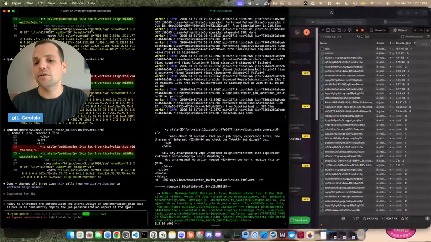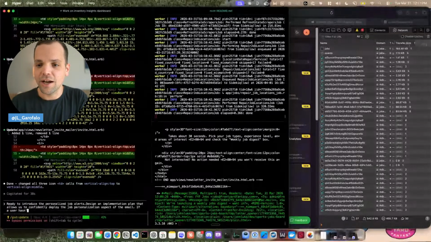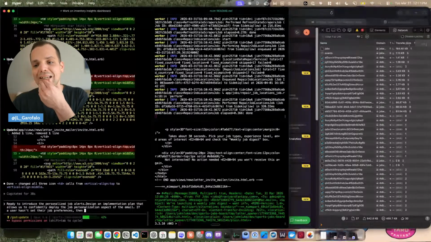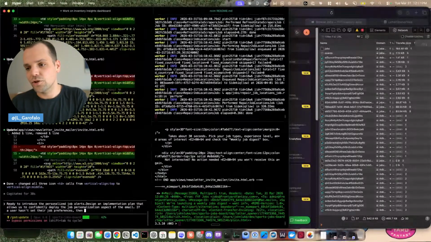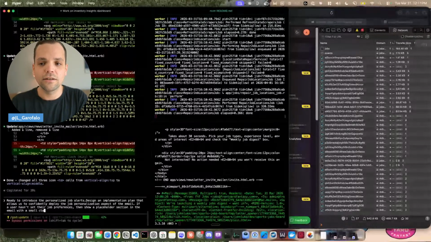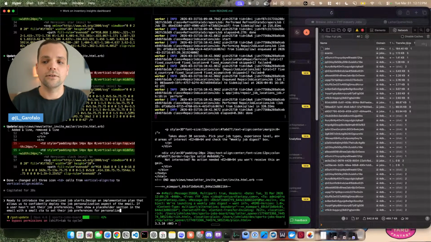If a user hasn't set their job preferences, then show a placeholder section in the email with a small call to action to set their job preferences for personalized alerts.